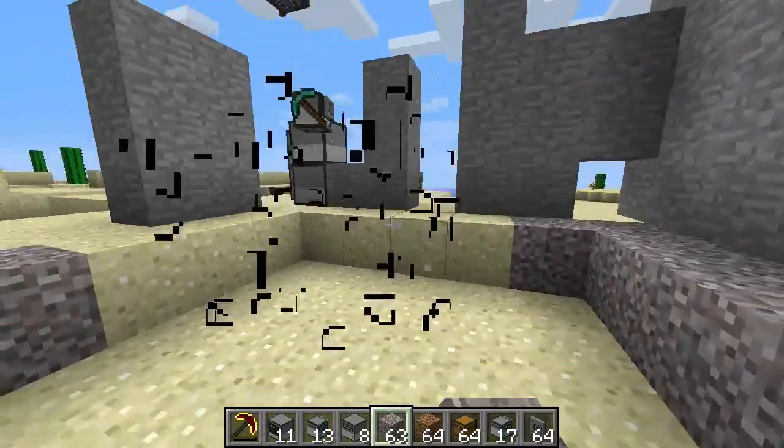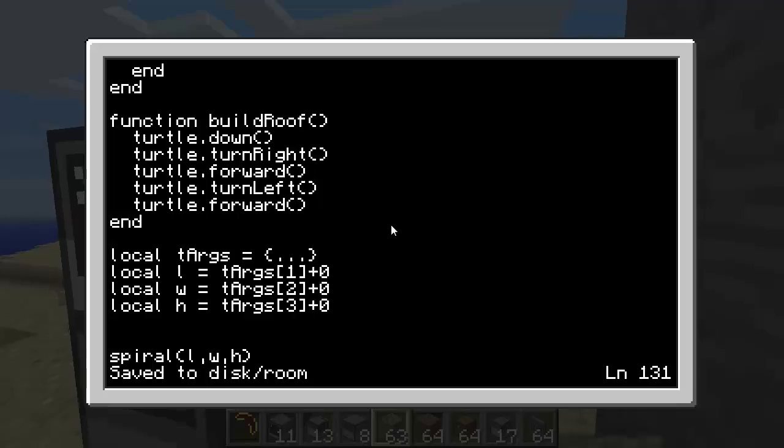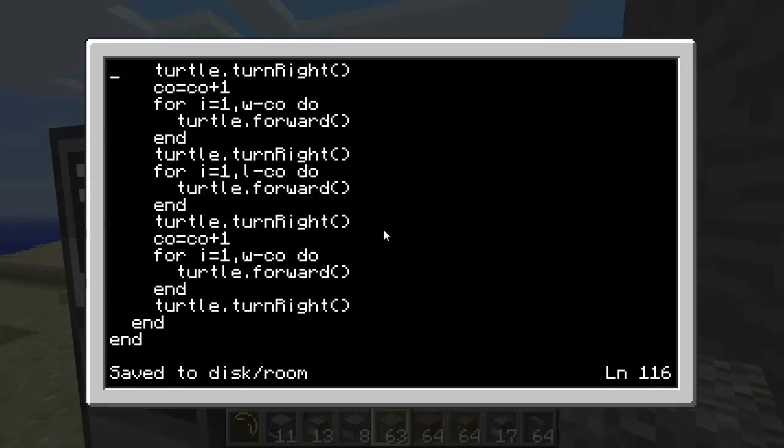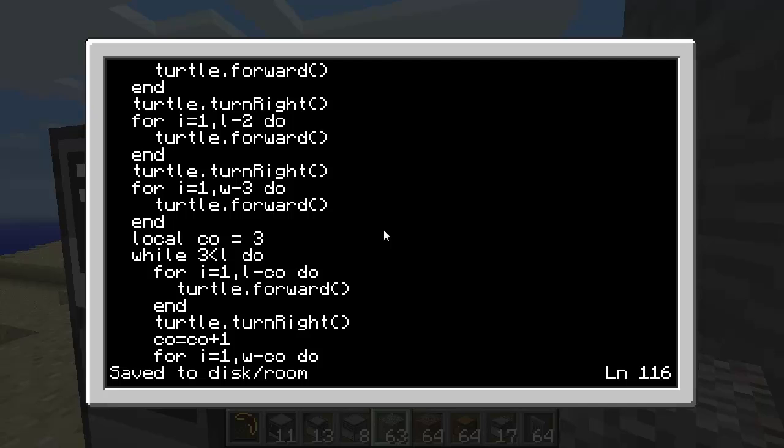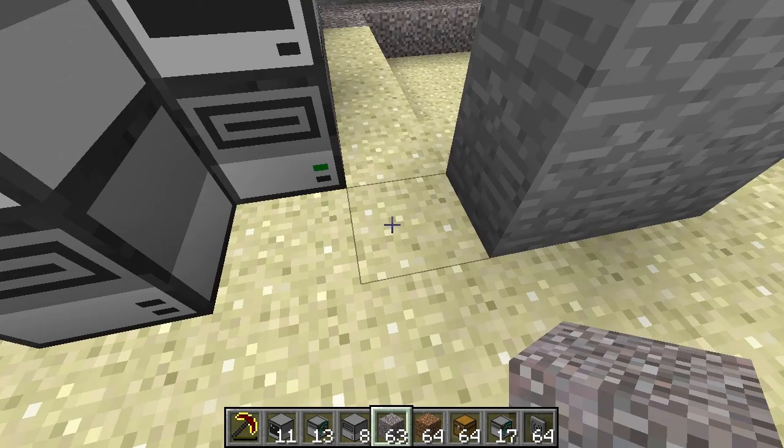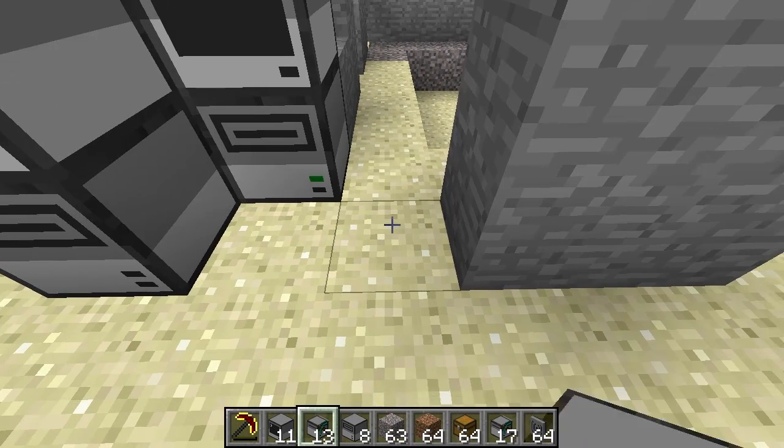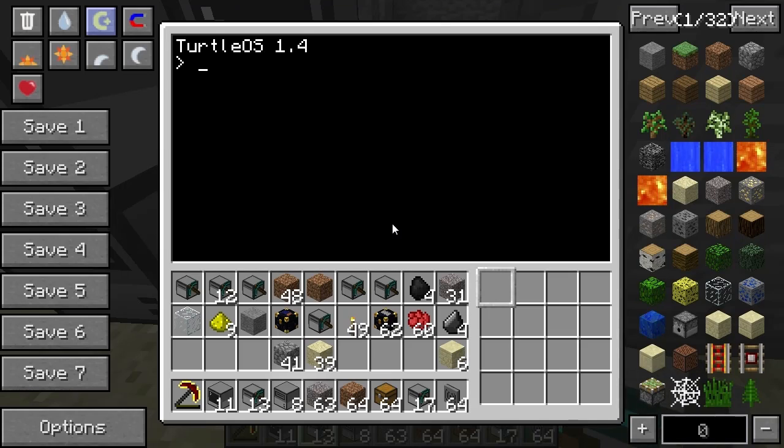Sweet. So now I can integrate the for loop as it was originally intended, because we did some debugging trying to change it. So while count is less than L, hopefully this works out first go, and count is less than W, do this. Alright, so let's see how that goes. And then it should actually go into the building a room code, which isn't quite what we want, but it should work. So cd disk